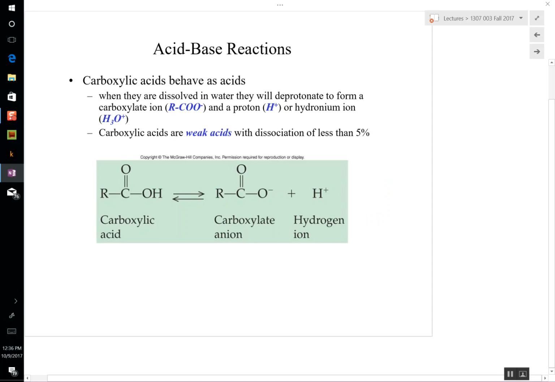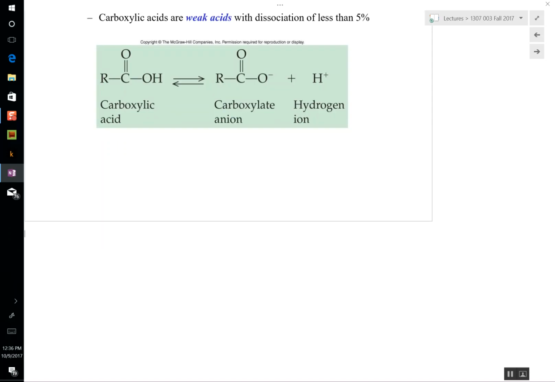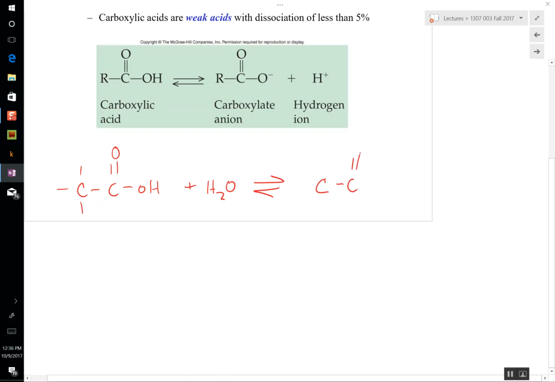All right, now if we talk about carboxylic acids, how do they behave? Well, first of all, simply, if you put them in water, they hydrolyze. They dissociate. I probably want to say it that way. So if we take our acetic acid and we put it in water, it's going to form this ion